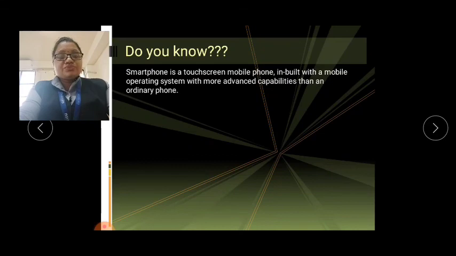So here we finish our chapter number 2, that is learning MS Windows. Along with Windows 7, we also saw the touchscreen devices, and we also learned about the Android operating system. So that's all for today.